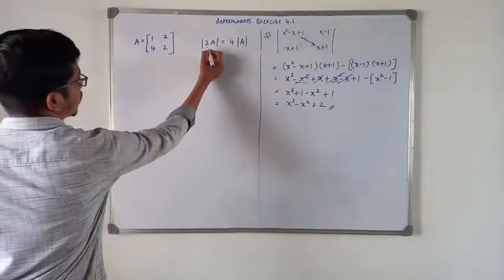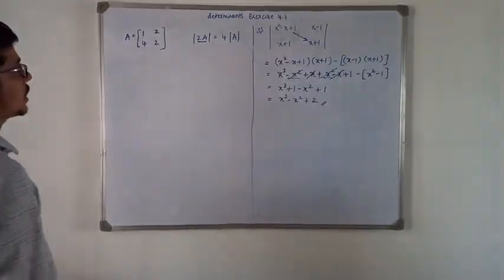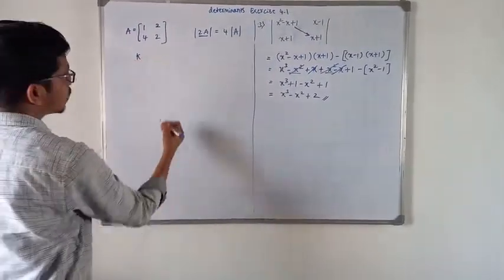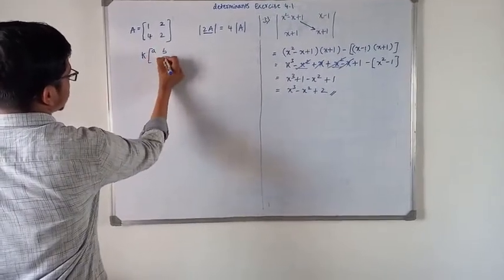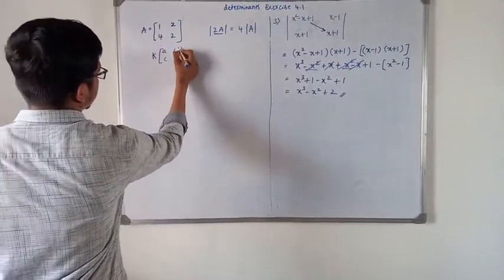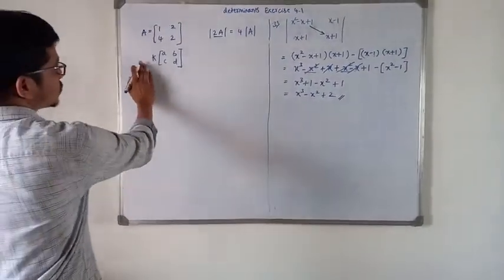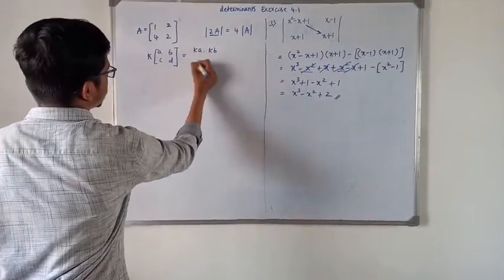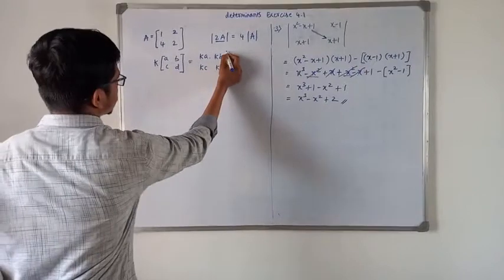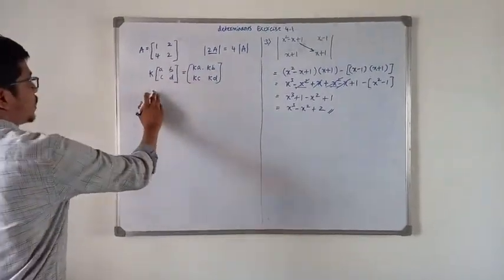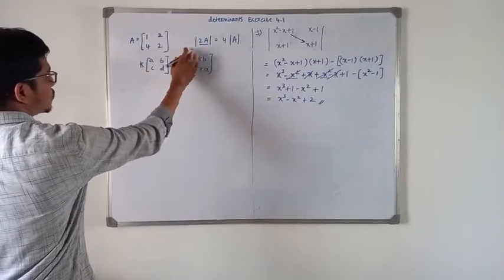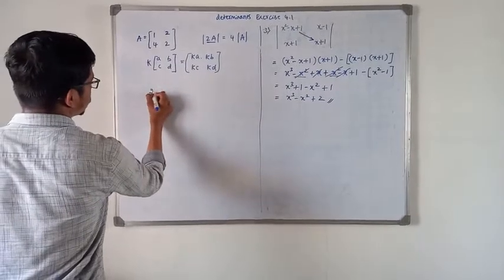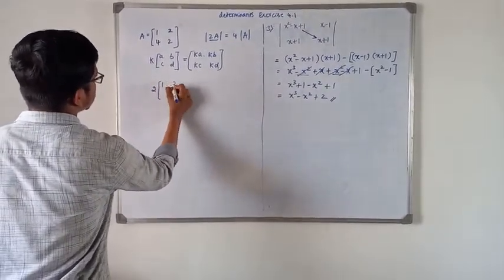Okay, first we can calculate 2 into matrix A. It is a scalar multiplication. We know that for scalar multiplication, let K be any scalar, then when a matrix of order 2 cross 2, A, B, C, D, is multiplied by any scalar, it is equal to K into A, K into B, K into C, K into D. In the similar way, here the scalar value is given as 2 and the matrix A is given by 1, 2, 4, 2. It is followed by 2 into matrix A, that is 1, 2, 4, 2.